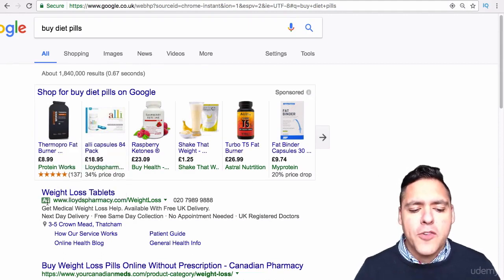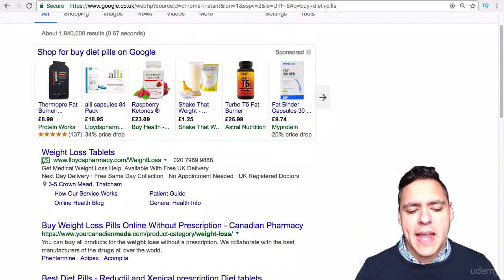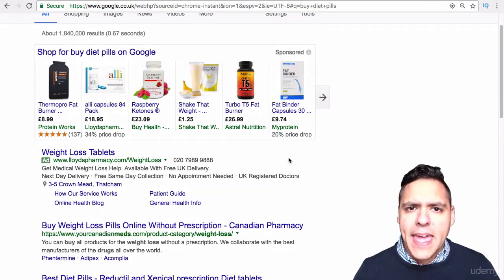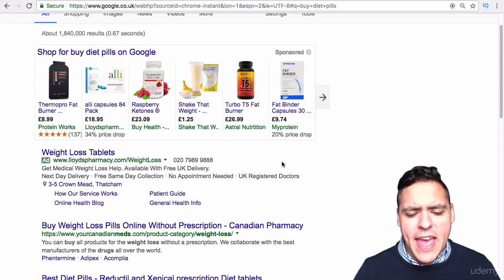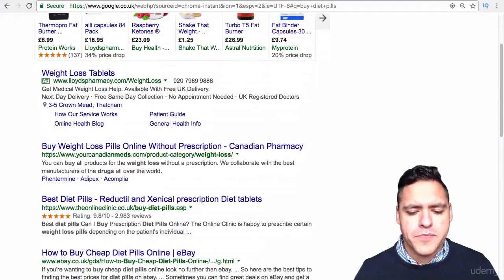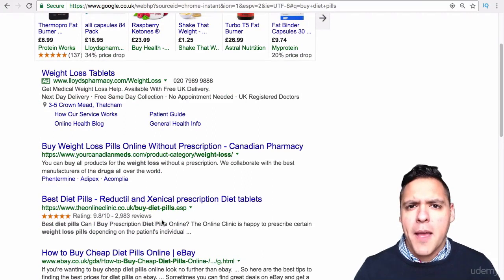In the absence of that, you've also got these particular display ads. You've got this one that says ad on it. If it says ad, it means that they are paying Google to display their advert in front of you when you search for a particular query. Anything that doesn't have ad on it is organic search, okay? So these are the pages that will come up by websites that haven't paid Google to advertise.